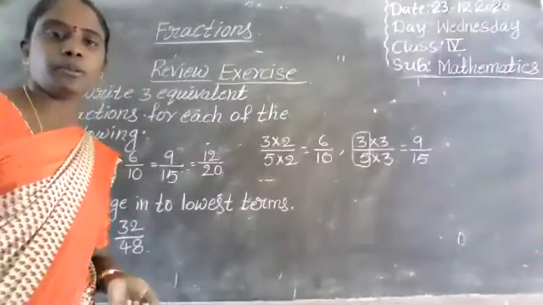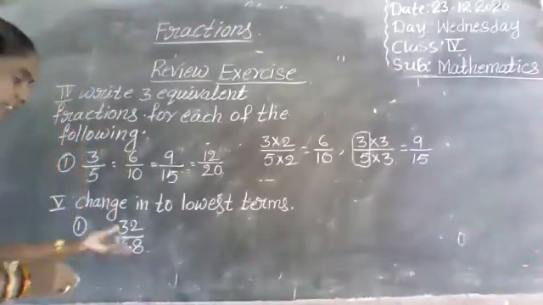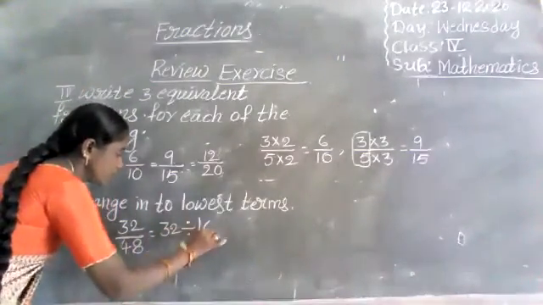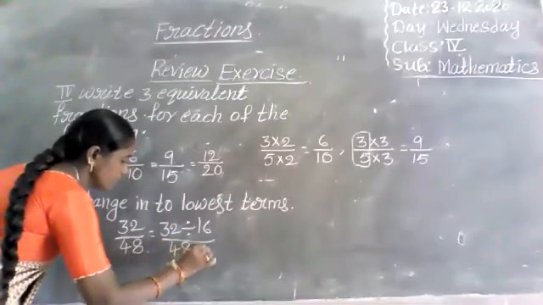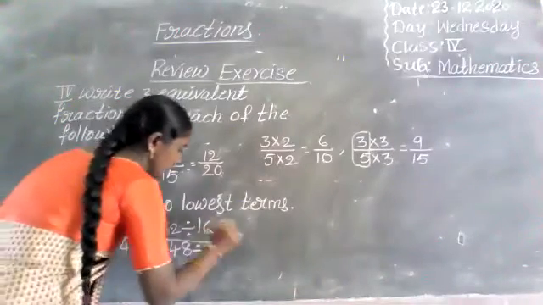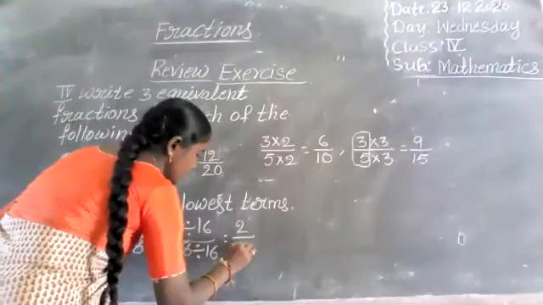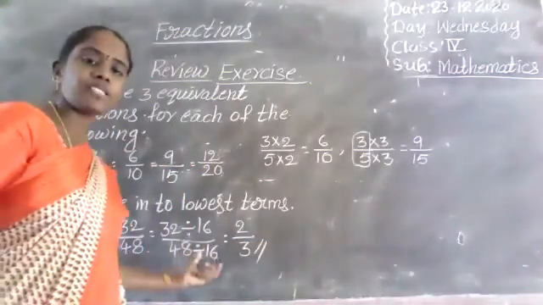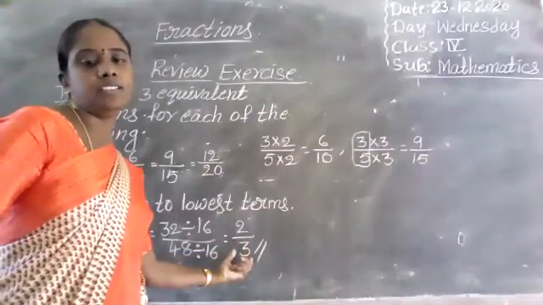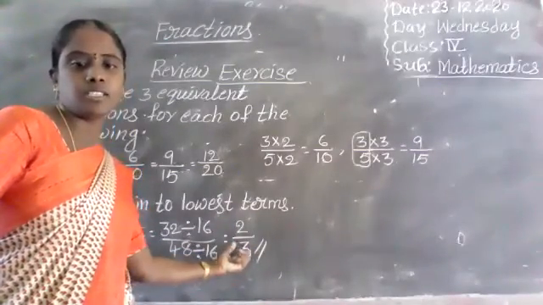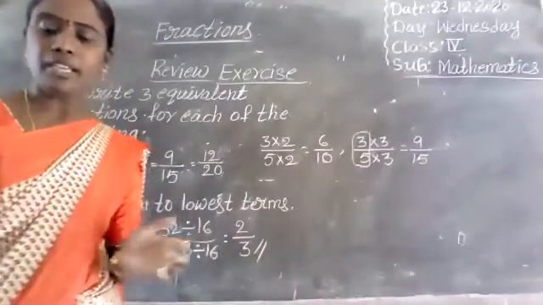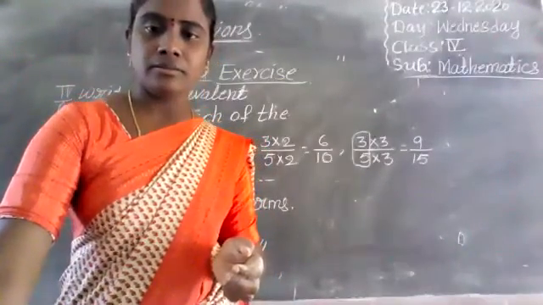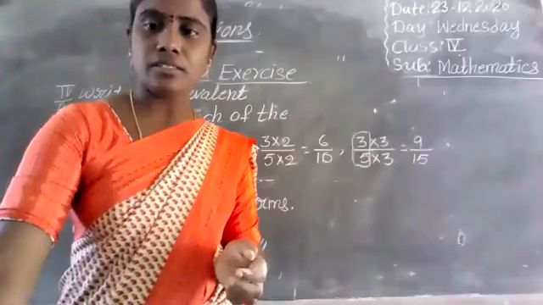Okay. What is your doubt, Manichandana? Just listen first of all. 32 divided by 16 and 48 divided by 16. 16 twos are 32, 16 threes are 48. 2 by 3 is the lowest term. After cancelling, after simplification, we get the answer 2 by 3. This is lowest terms. Change into lowest terms. Manichandana, once in your mobile, keep it unmuted and ask. Ask fast.